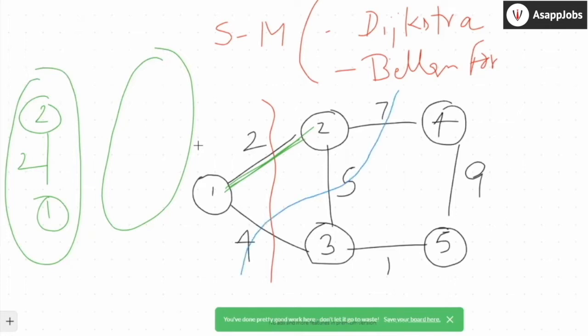This is the one in blue, 1 to 4. If I just remove 1 to 4, basically the edge with weight 4, edge with weight 5, and edge with weight 7, if I remove these three edges, my graph again becomes disconnected, right? Because there's the edge from 1 to 3, there is the edge from 2 to 3, there's the edge from 2 to 4. What you do next time, you again pick the edge with the minimum weight. Okay, what's the edge with the minimum weight? This is the edge with minimum weight. And you keep on doing that, you will find the minimum weight shortest path in any graph.